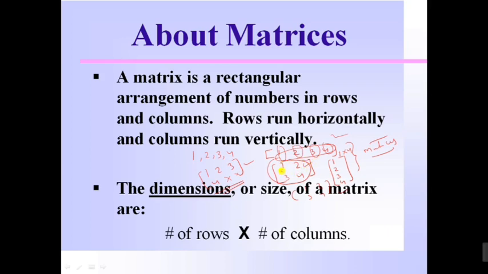Now let us look at this one. There are 1, 2 and 3, 4. So there are 2 rows, and again there are 2 columns. So this is a 2 cross 2 matrix. Here, you see the last one, there is only one column, whereas there are 4 rows, 1, 2, 3 and 4. So 4 rows; first you write the number of rows, then you write the number of columns. Now the dimensions or size of a matrix are the number of rows multiplied by the number of columns. This is 2 cross 3, 3 cross 2, or whatever you can write. Now let's move to the next point regarding the matrices.